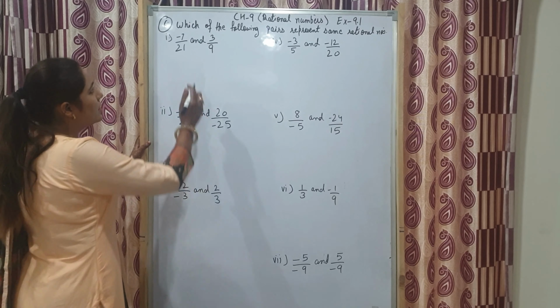Minus 5 upon 6 and minus 4 upon 3. Again cross multiply. 3 multiplied with minus 5, we will write on the left hand side. 6 multiplied by minus 4 on the right hand side. Minus 15 and minus 24. So from minus 15 and minus 24, the minimum value is greater. So minus 15 is greater. Moving upward, minus 5 upon 6 is greater.